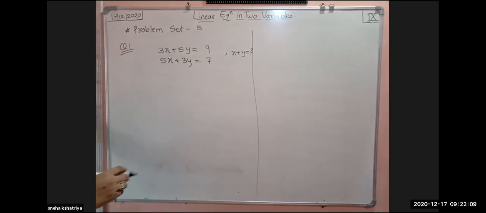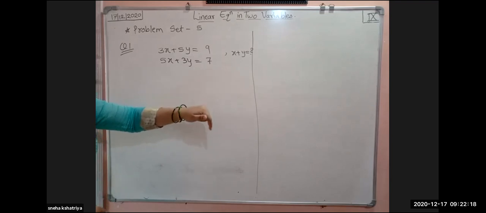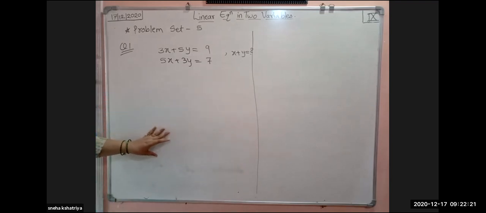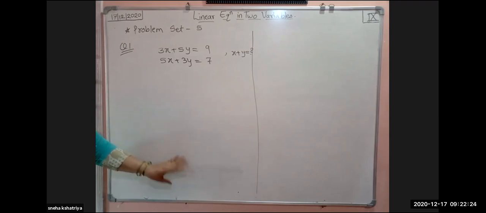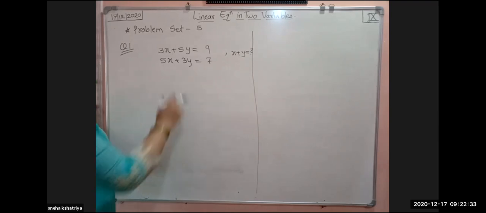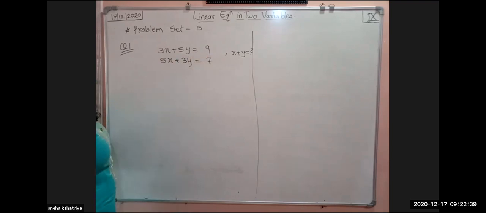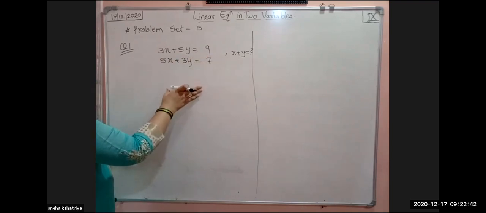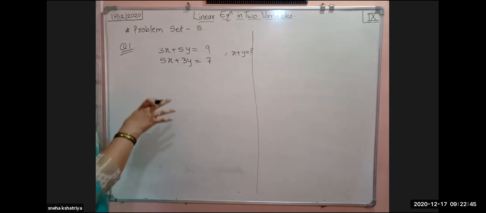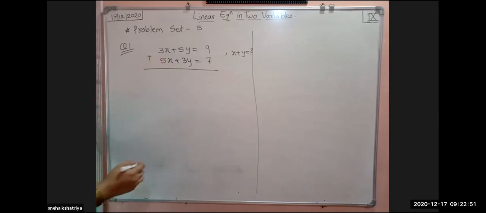In the last example, to find the values of x and y, we took the elimination method or substitution method. We found the values of x and y, then put them in 2x plus 2y and found the prices of chairs and tables. But here they want x plus y. So we will not go through the proper procedure, because after multiplying, the value comes in fraction, and we don't want fractions here because they are real numbers. So simply, we are going to add both these equations.